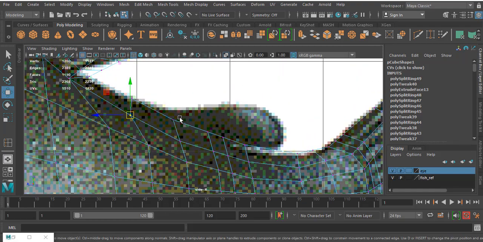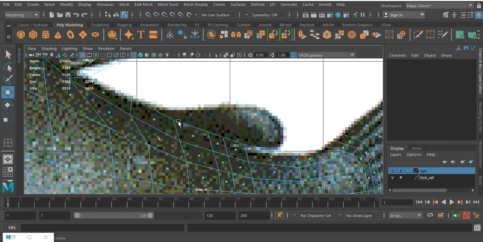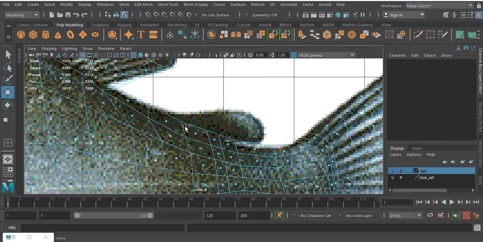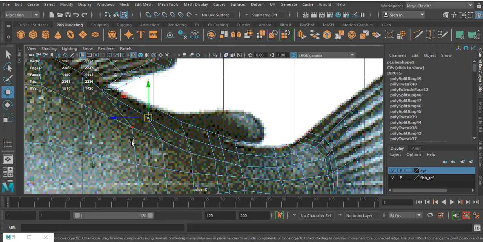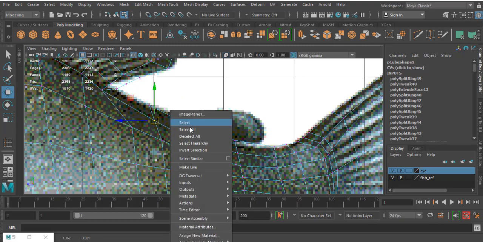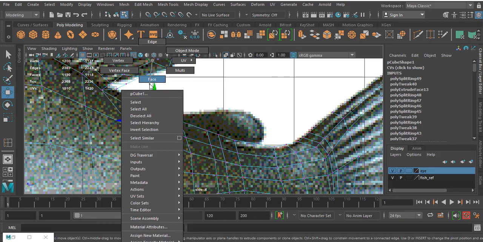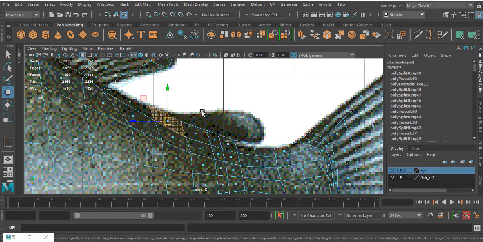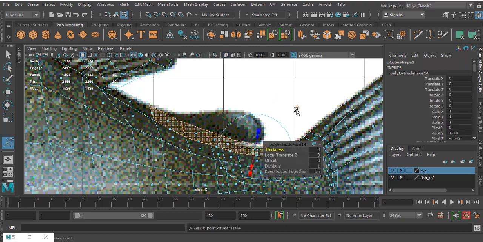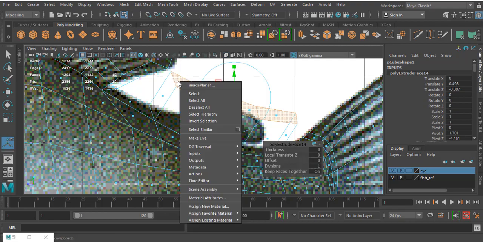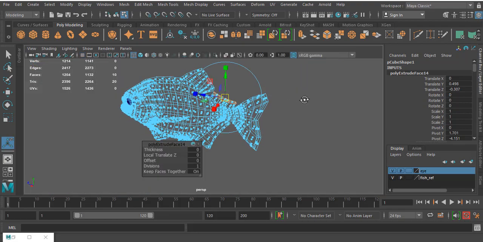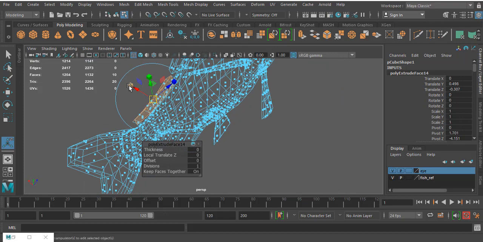Okay, now I'm going to finish the last portion. This is my last portion. I'll select vertices. Face. Extrude. Scale this.